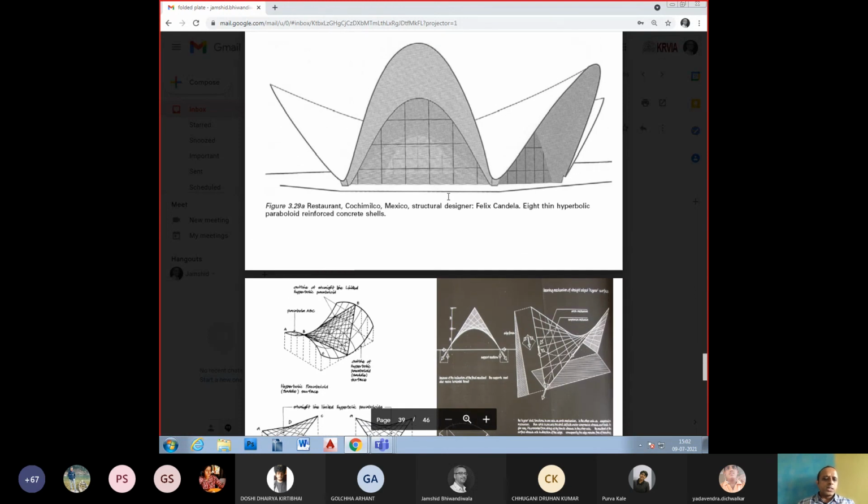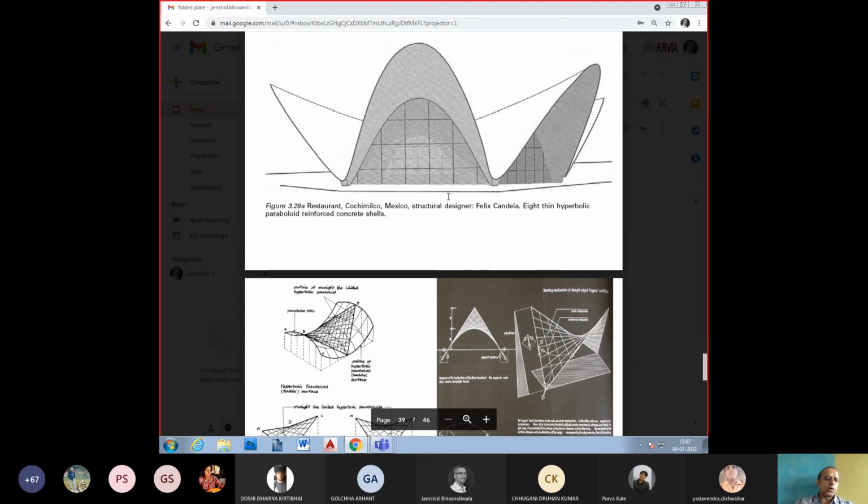Then you have these again synclastic and anticlastic surfaces which come together. You have a similar building. The Lotus petrol pump is also there in your Lokhandwala. Of course, it is a poor cousin of many of these structures. It's a smaller cousin of many of these structures, but the idea remains the same.